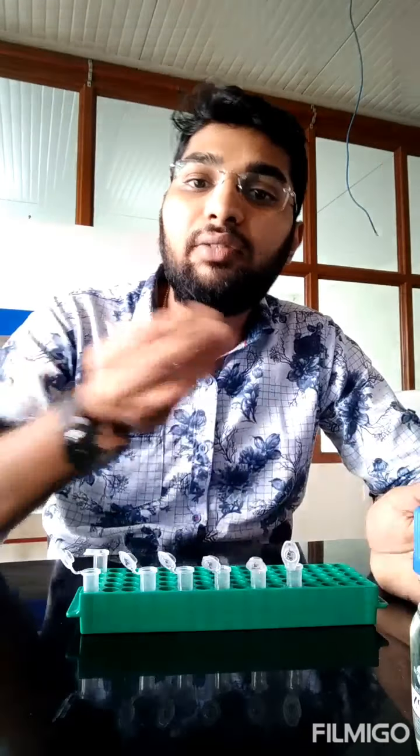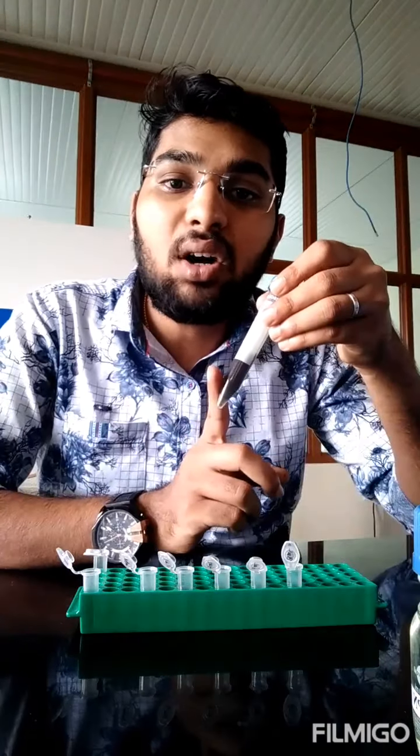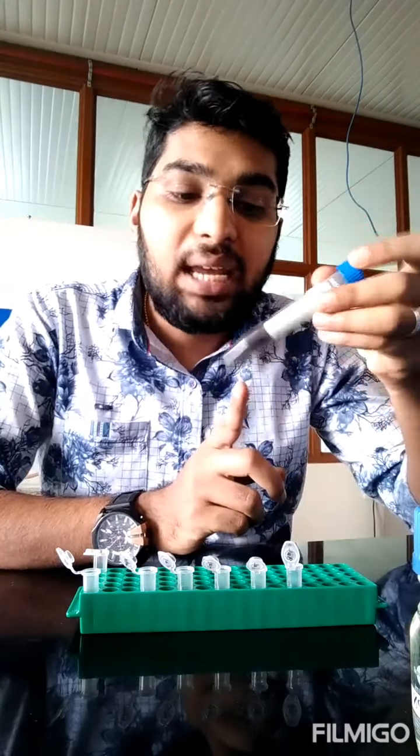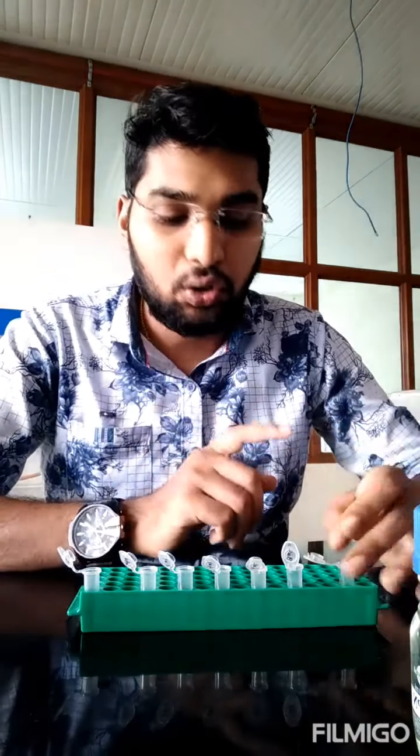Now we will go to the protocol. The protocol is very simple. We are going to take the plant extracts in different concentrations. You can take 20 microliter, 40, 60, 100 microliter, or you can take 2, 4, 6, 8 and 10 microliter. It depends upon the concentration of your stock. My stock has a concentration of 10 mg per ml. It is highly concentrated, so I am going to take 2, 4, 6, 8 and 10 microliter. And just to show you once, I am going to take 50 microliter also. This is one thing.